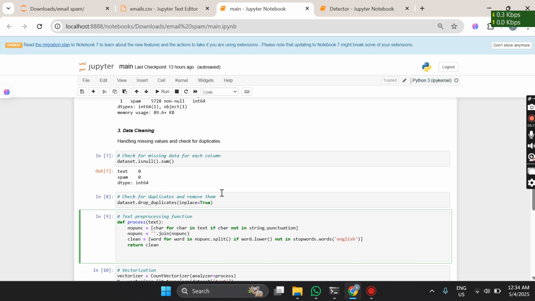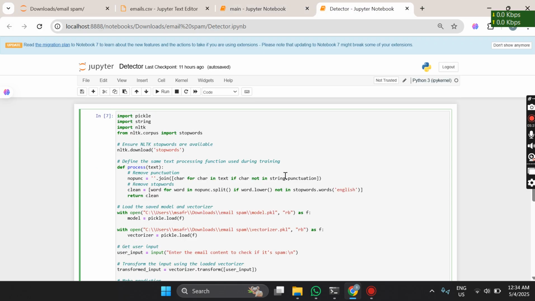So after making the pickle file, we will use this pickle file to make a real-time prediction. I'm not using Streamlit here, I will use the same Python. And if you want the same thing in Streamlit, you can let me know. I will do it using Flask or Streamlit, and I will create an interface. So I am using one more file here.